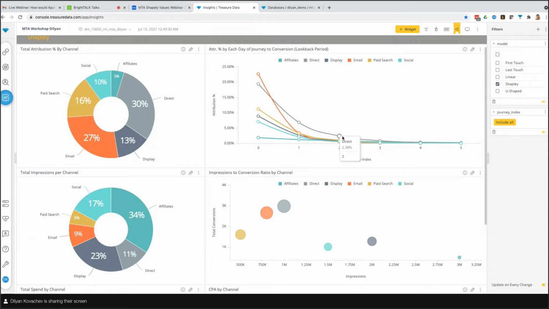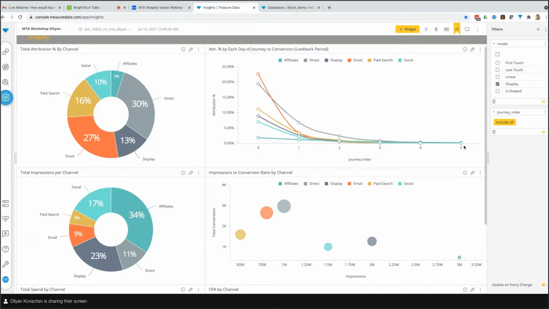So things like direct, email, paid search, the yellow, the red, the gray, they start spiking from the middle of the journey up, while things like affiliates and social stay pretty flat, and then they spike at the last two touch points.